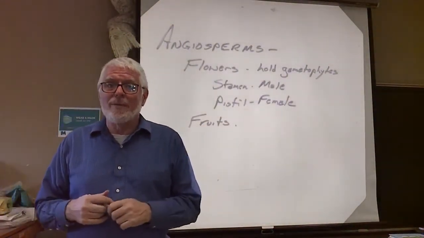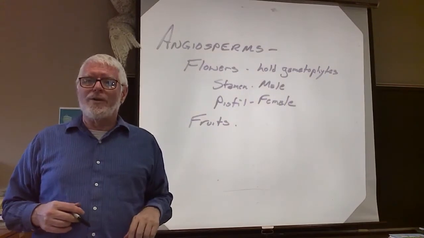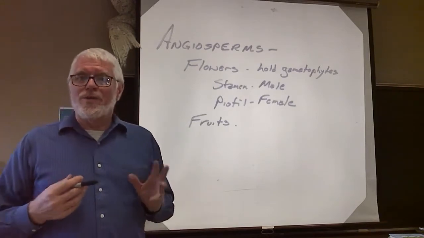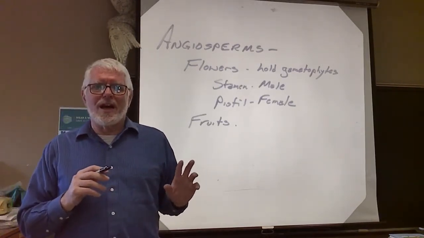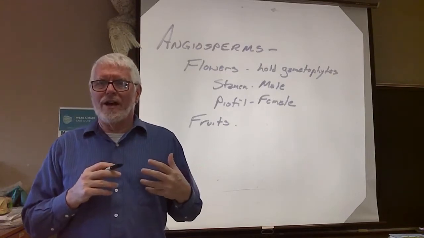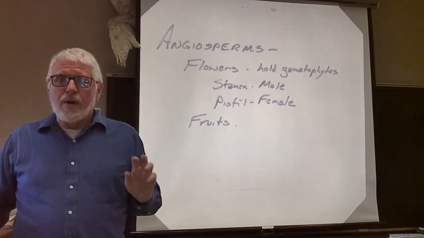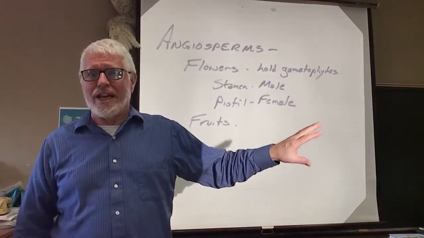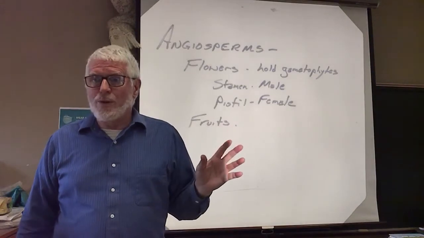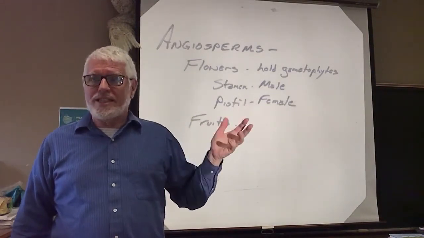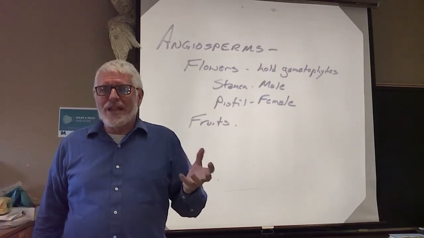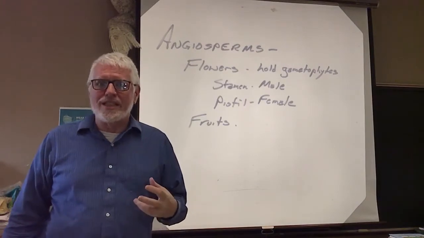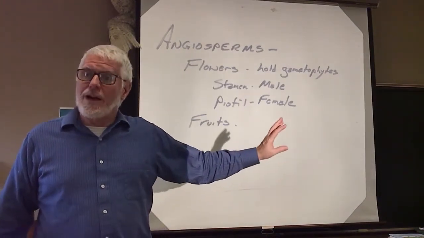As often happens when you're taking a biology class, I'm going to throw a term at you that you go, I know what that means, and I'm going to go, no, you don't. When you think of a fruit, you're only thinking of a subset of what a fruit truly is. A fruit is a structure to take seeds and get them away from the parent plant. One of the ways to do that is to make the casing around the seeds edible, so that things eat the fruits, they swallow the seeds that resist digestion, they come out the other end a goodly distance away from